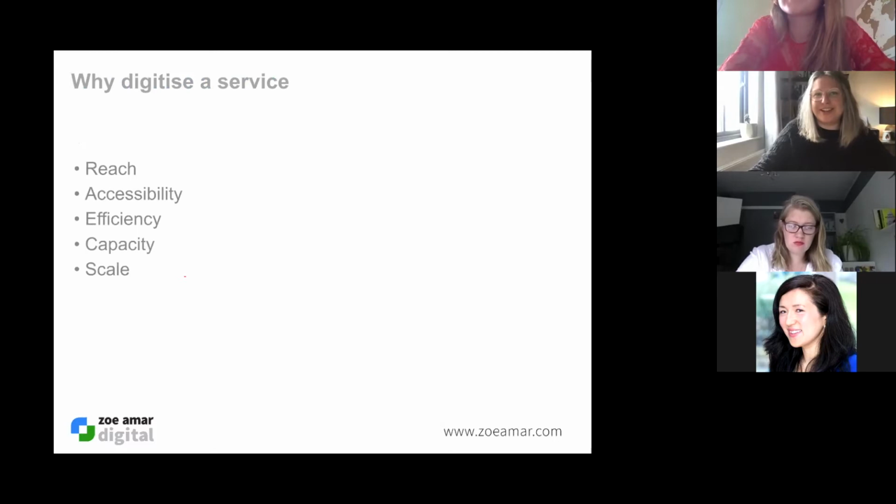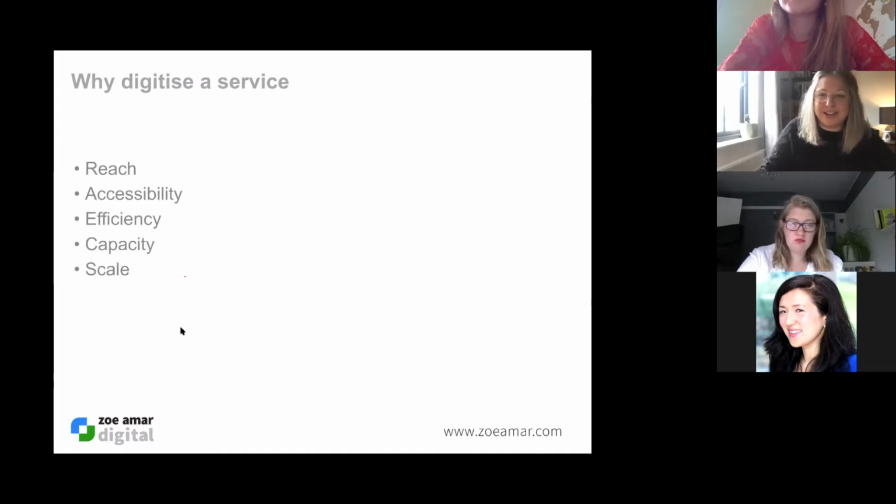Why digitize a service? We normally talk about things like how digital can quickly reach more people, especially those who might struggle to get to a physical location. And we talk about how it might make people more efficient at their jobs and maybe increasing capacity. We also talk about how it can scale your impact and scale the work that you're doing.